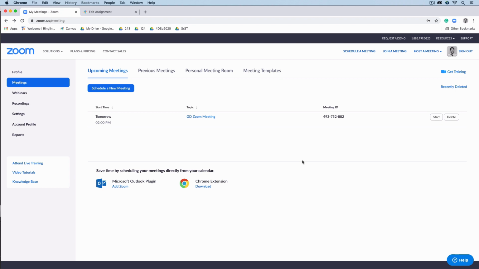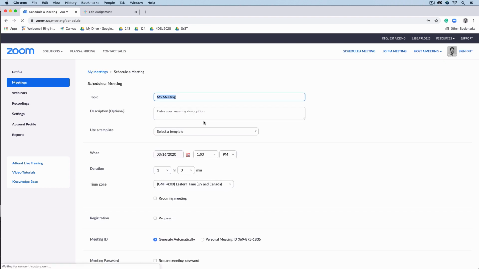Okay, I'm going to go through what I think is the simplest way to schedule a meeting and add it to the course Canvas. So this is browser based. I'll go over the desktop version a little bit later. So under meetings, I'm going to schedule a new meeting, and I'm going to use the scenario of my sophomore 243 class. So I'm just going to use that as the topic. I'm going to select when we start back up, when the class actually meets, how long we meet for,